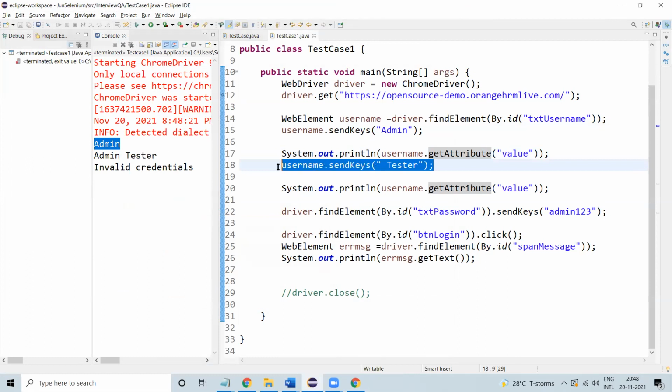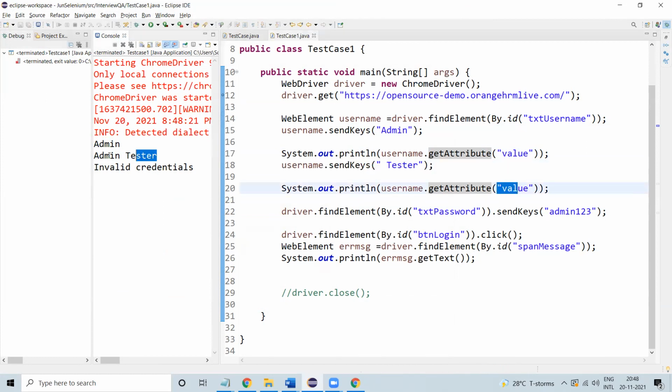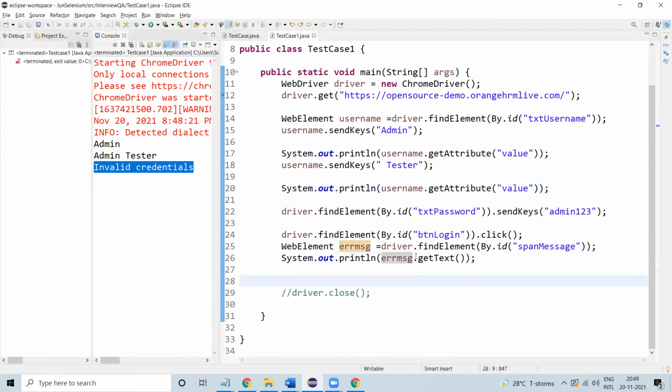Then I appended one more text in the same username field and retrieved the value as well, which is admin tester. Then we entered the password and clicked on login, and it shows an invalid credentials error message, which we are also printing over here. Now we'll see how this works.